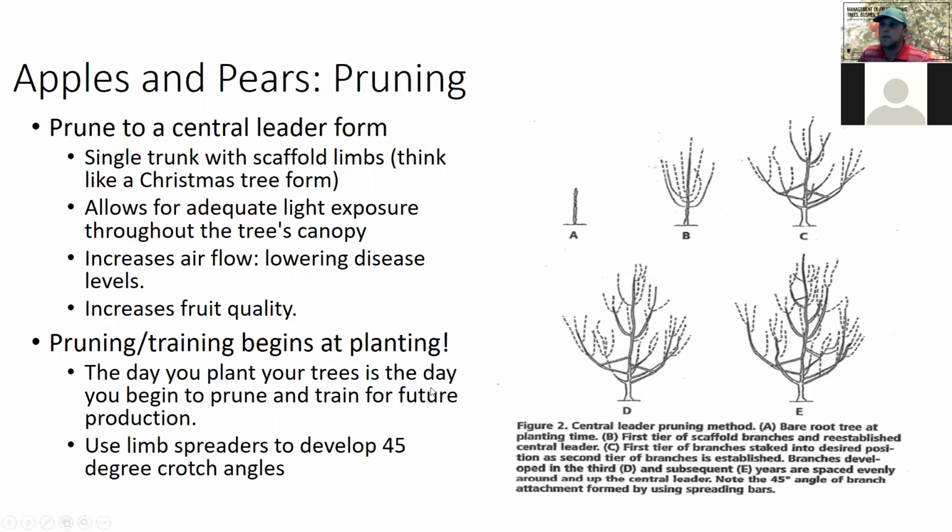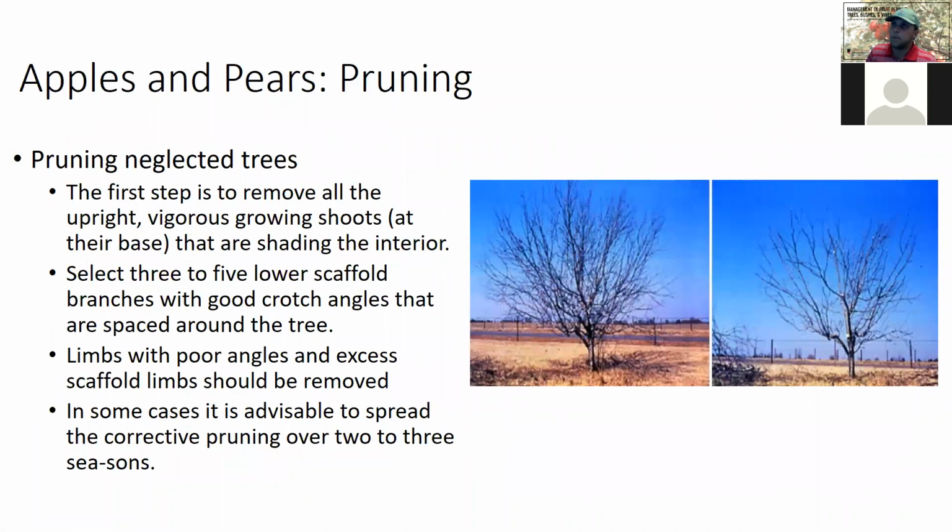And this is what I'm kind of talking about. The day you plant your tree, whether it be an apple or peach, is the day that you begin to prune and train for future production. So just keep that in mind if you're wanting to plant an apple tree or a peach tree for that matter. So pruning neglected trees, this is something a lot of folks call about and want me to come out and look at their apple trees that they have, they moved to a new property, or